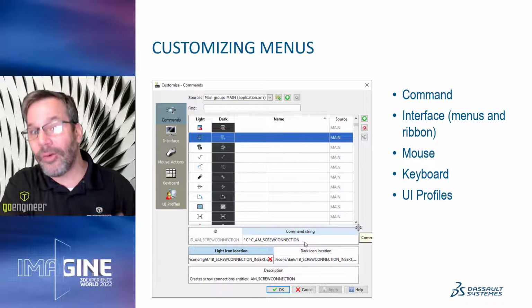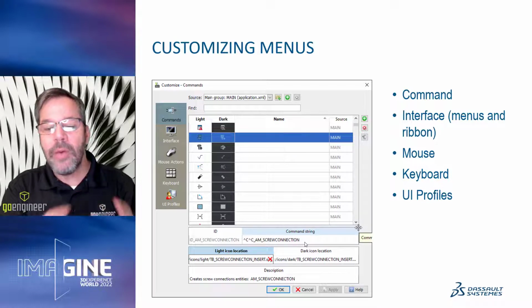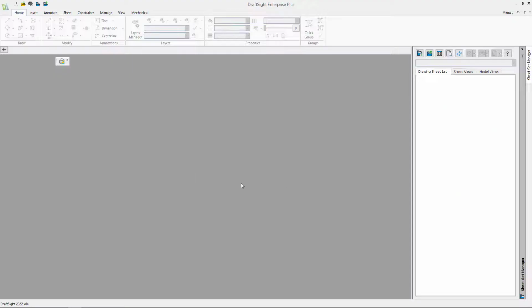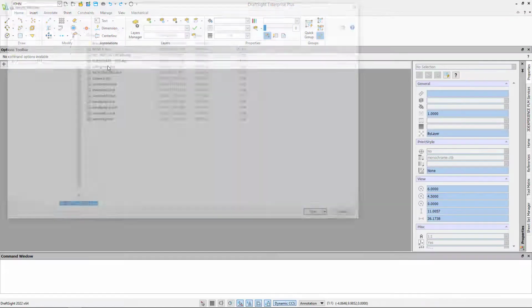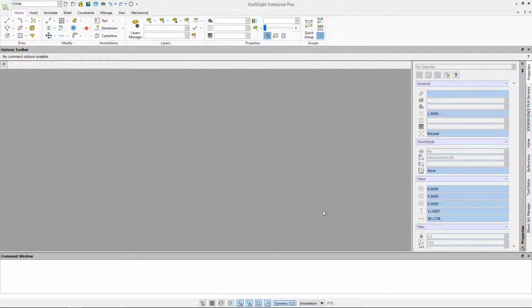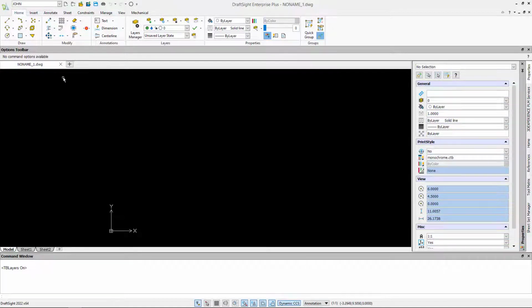Now that command already exists inside of DraftSight, but what I did here is I'm going to go quickly over here in the DraftSight, and I'm going to create a drawing file. So I'm going to say, let's use a drawing file. I'm going to use my Go Engineer 2022 template. Doesn't really matter, but I typically like to have a drawing open when I'm making modifications to the interface, because when your users are actually going to be using these templates or these commands, I like to see what they're